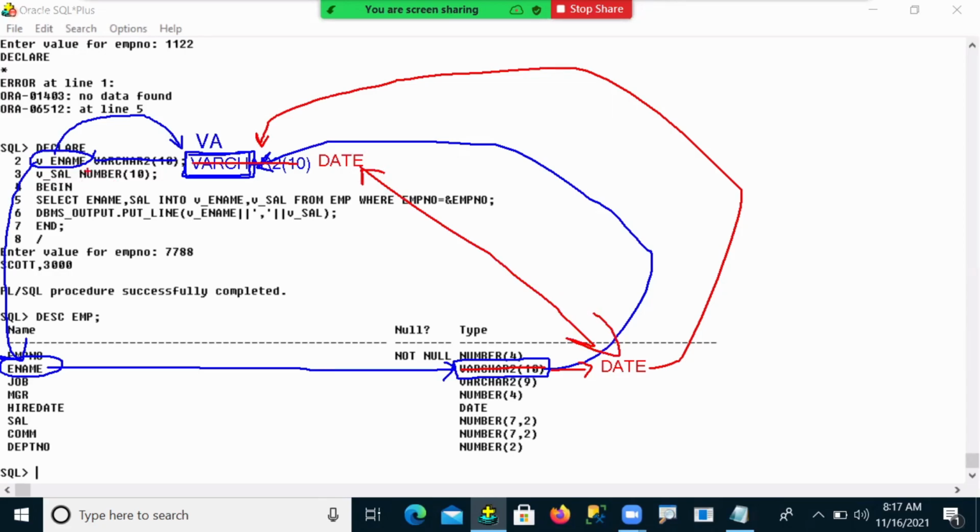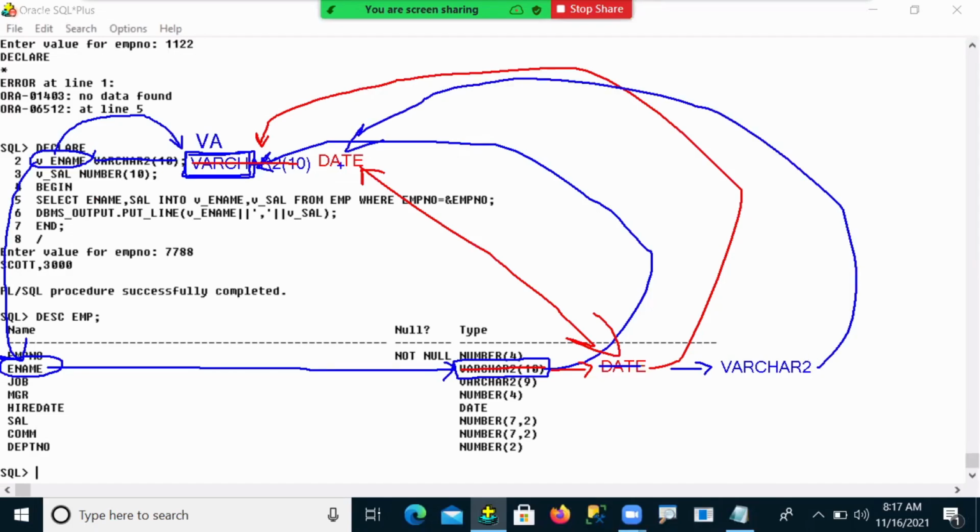Yes, that means I don't want to write this program again and again. It changes automatically, so date to date matches again. Suppose after some time, from the date data type, I take varchar again. I change it here to varchar2, and automatically it changes here also. So date changes to varchar2, and again varchar2 matches now.